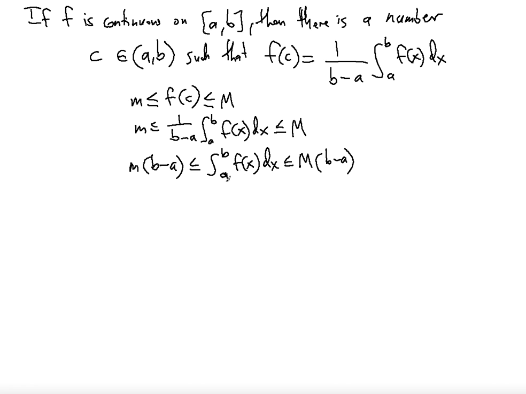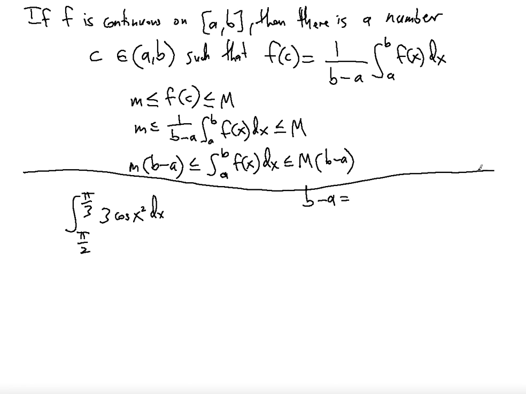As an example, let's try to find the value of the integral from pi over 2 to pi over 3 of 3 cosine x squared dx. So notice first of all that b minus a in this case is going to be pi over 3 minus pi over 2. And that is equal to,